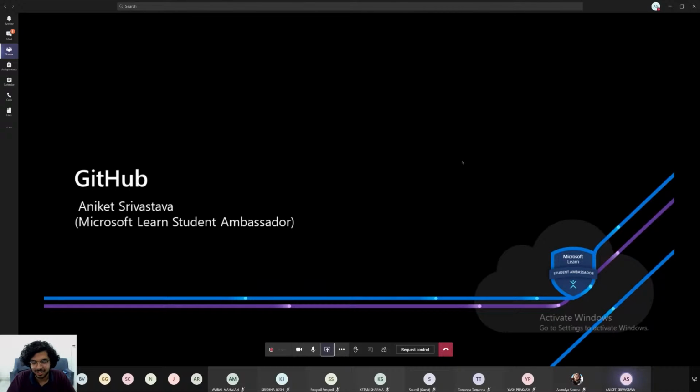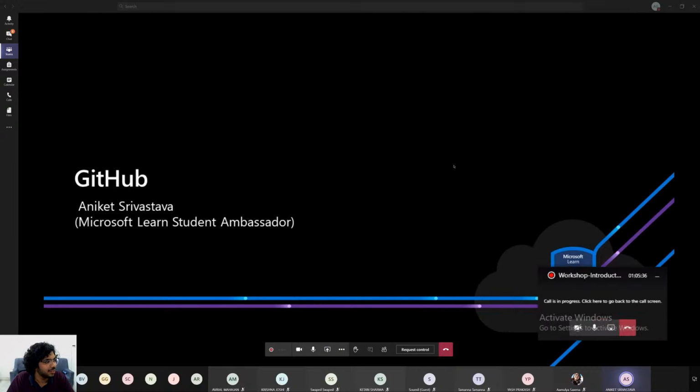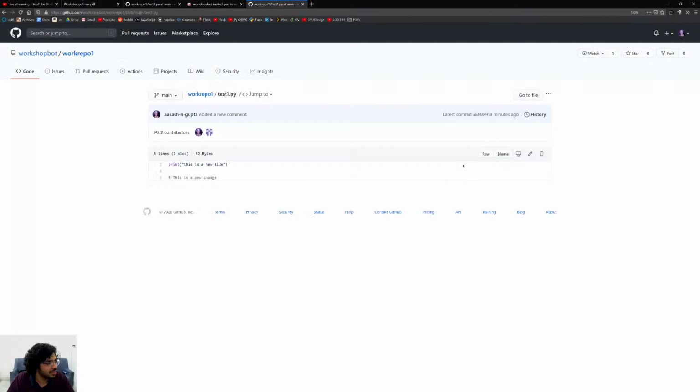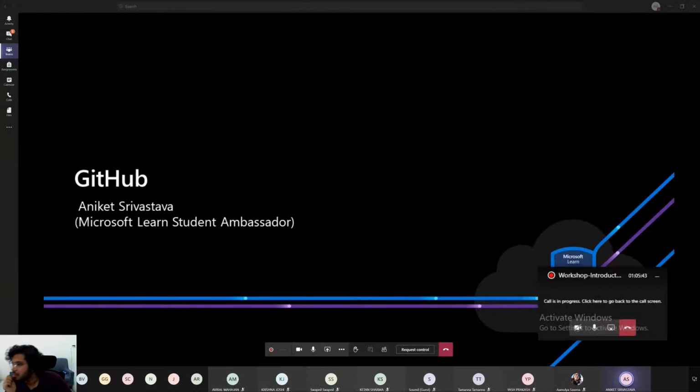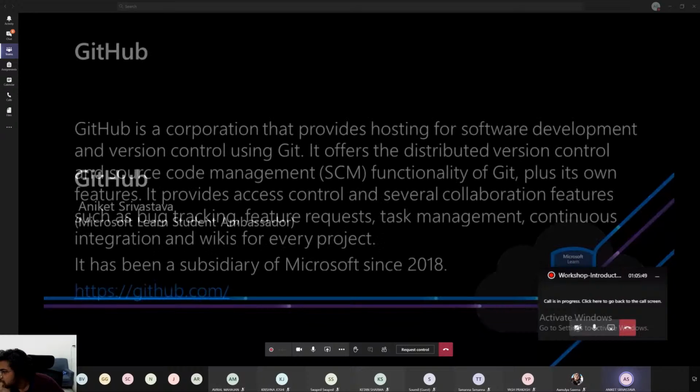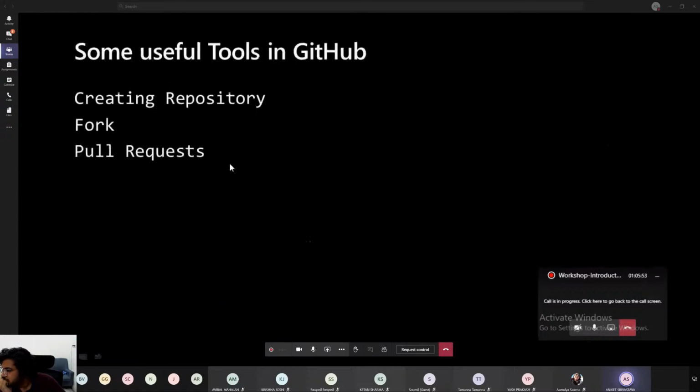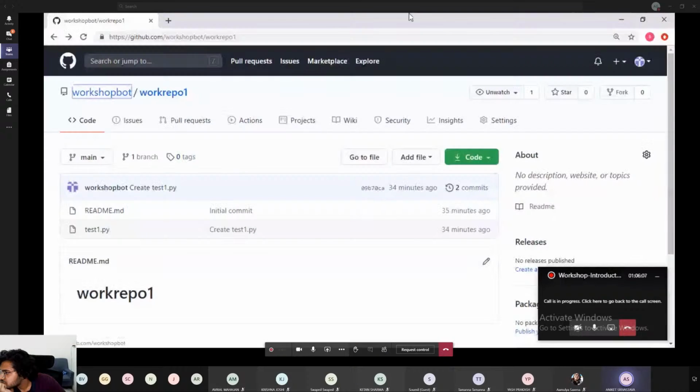I guess we have talked about a lot of things, and that might be too much. But whatever Akash explained using Git, that is branches, pull requests, making changes, I'll explain it again using GitHub. Let's get back to GitHub. We have seen how to create a repository, and there are many other tools also, like fork, pull requests, branches, etc. that we'll see now in a browser.